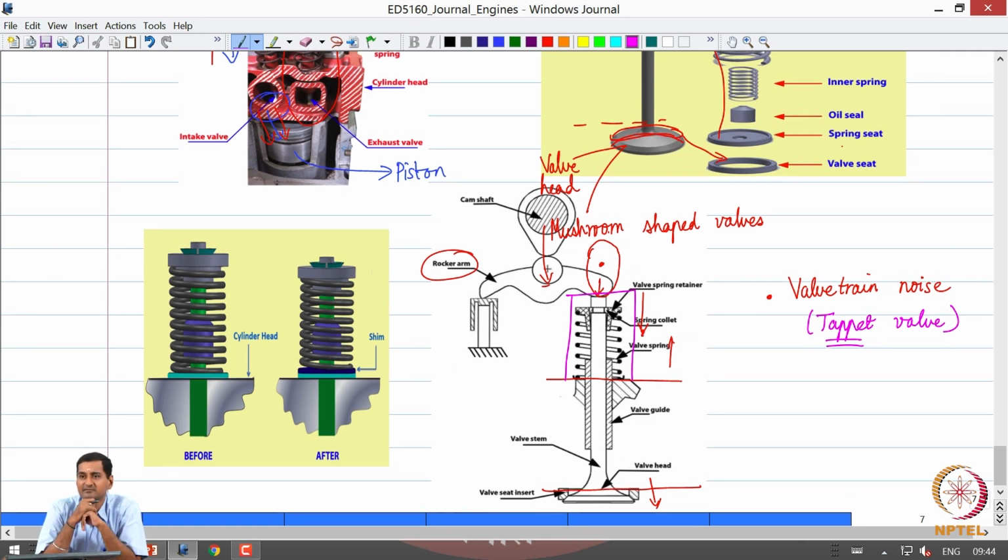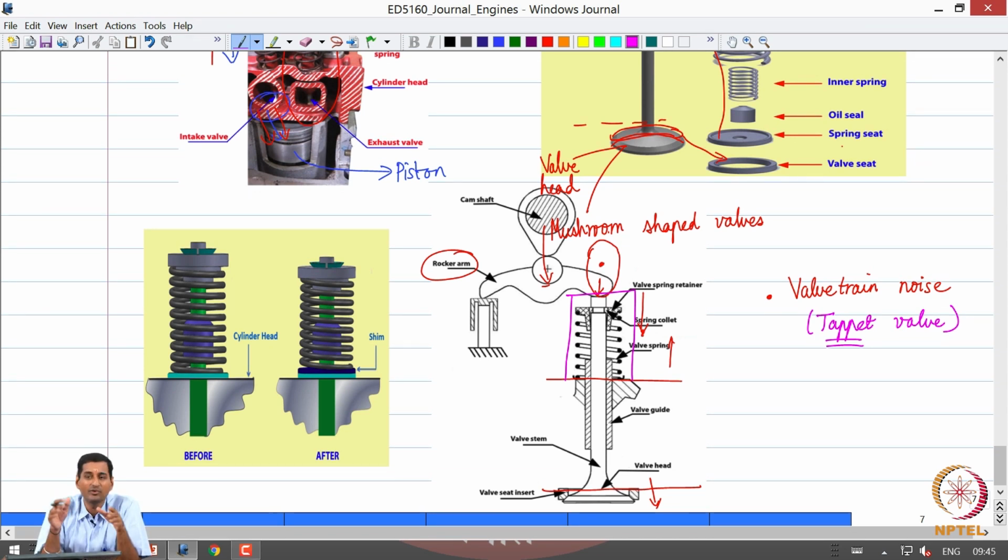How much time will I have? The time will reduce by 25%, so I will have 3/4 of the time to do the opening and closing operation. Now you see that it has decreased.